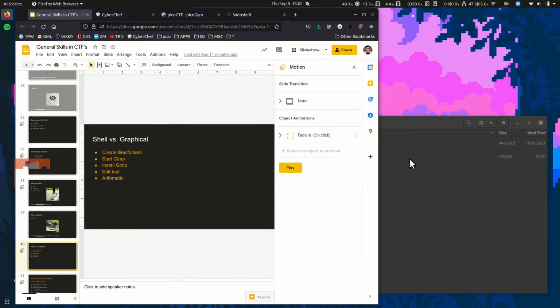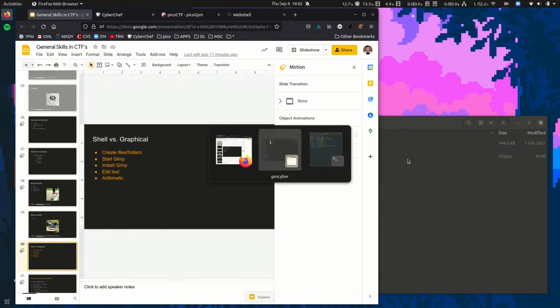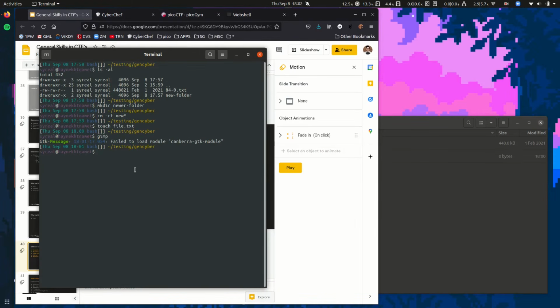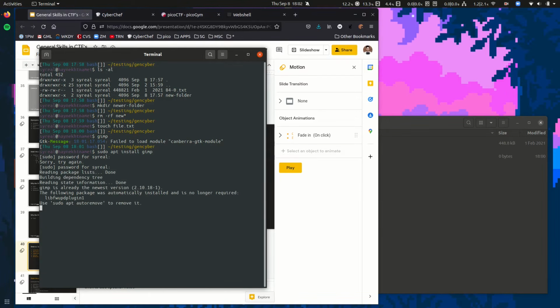So that's a lot, but here the shell really shines because it's as easy as this command. I already have it installed, but if I didn't, it would have installed with that command.